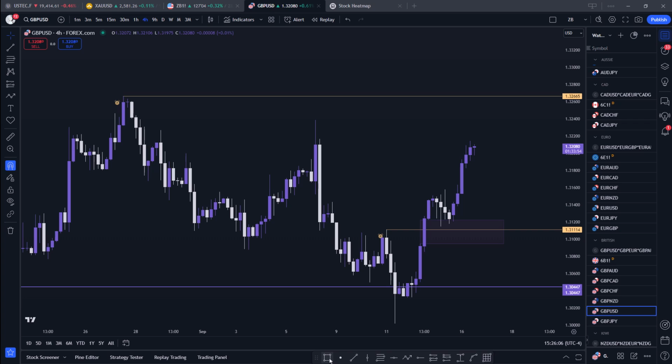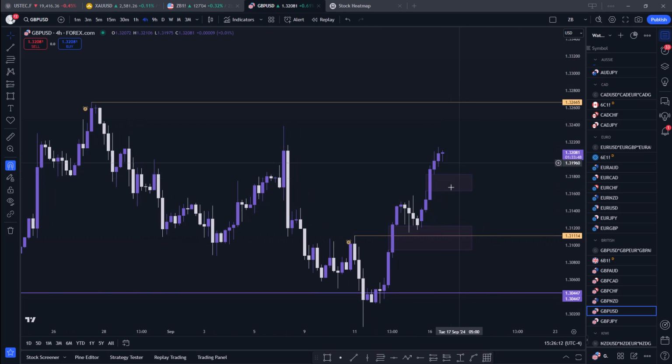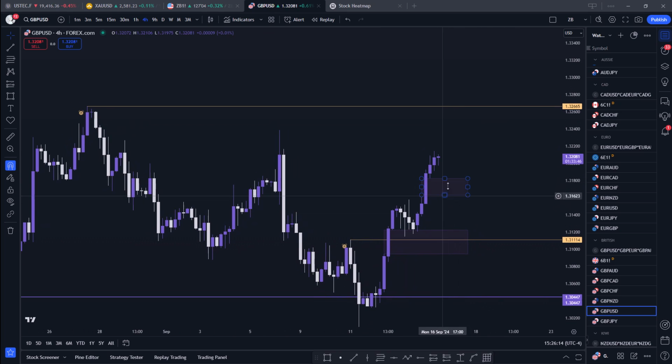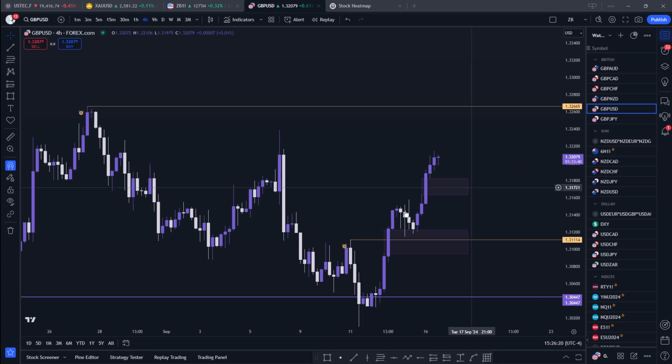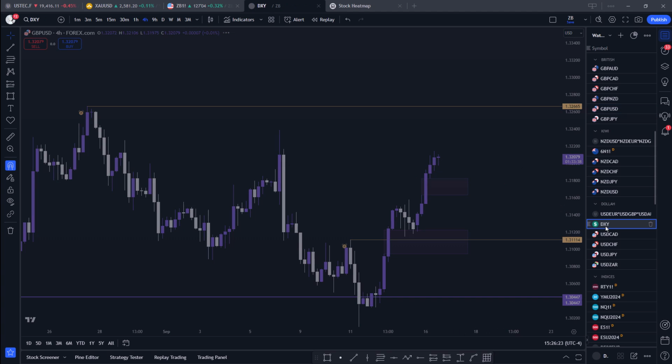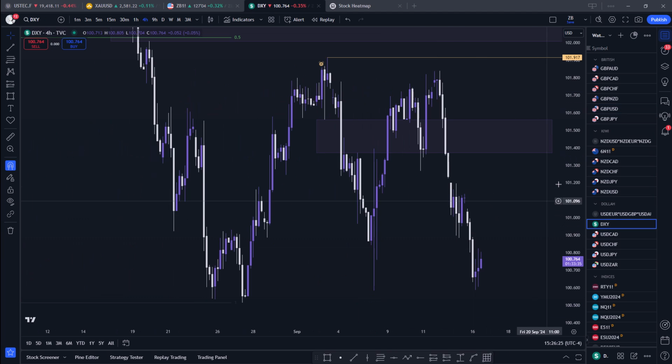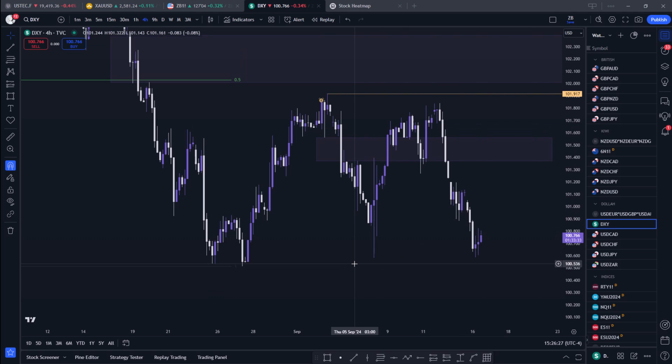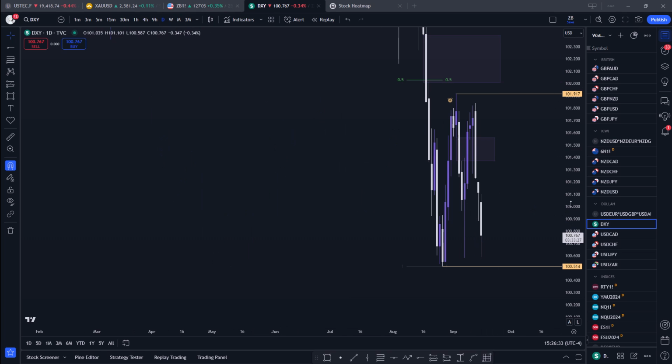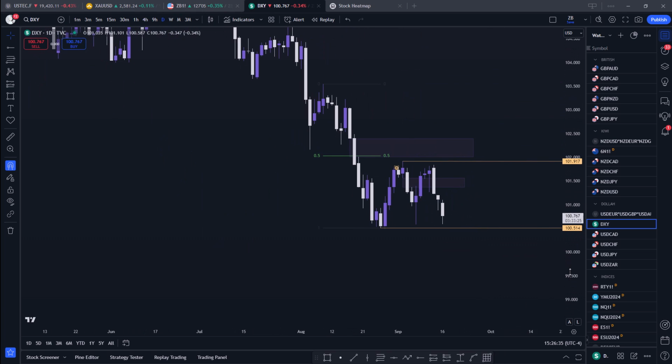So I'm looking for other higher PDRAs to just monitor for the rest of the week. I'm not really going to try and chase it up here, but I'm looking, for example, at this inefficiency possibly supporting higher prices. Of course, if GBPUSD is pushing up like this, then dollar is obviously doing the opposite by pushing lower. We have not cleared this sell side liquidity level, but it's very likely that we do so tomorrow, Tuesday.